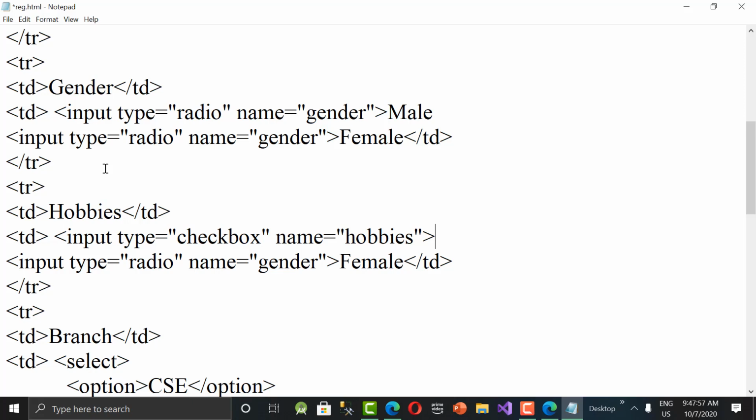Like drawing, then slash, input. And whether it is clicked or not, if you want to say checked. Checked means it will by default be clicked.